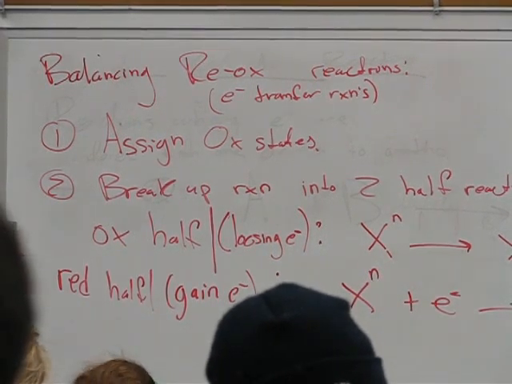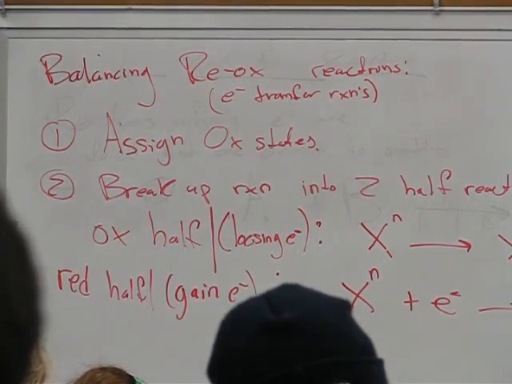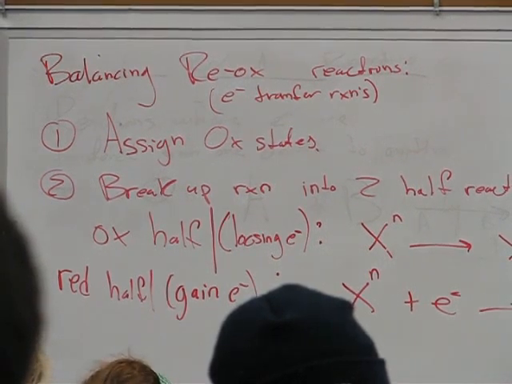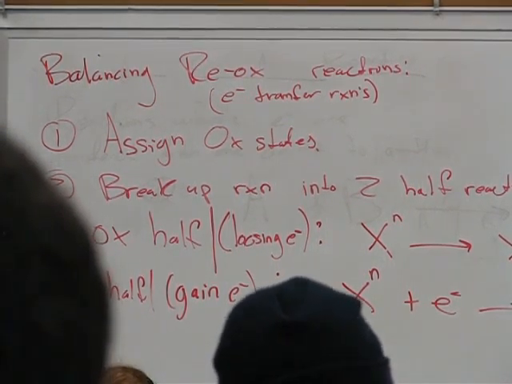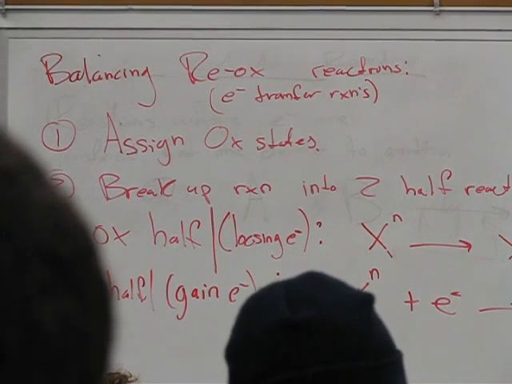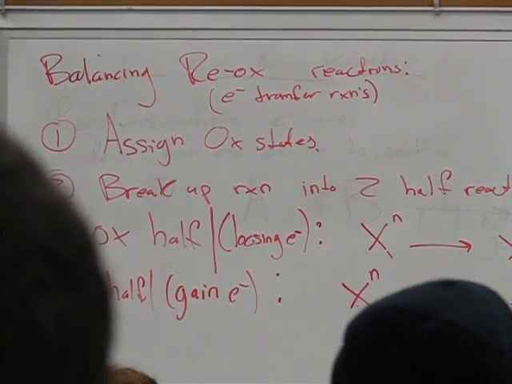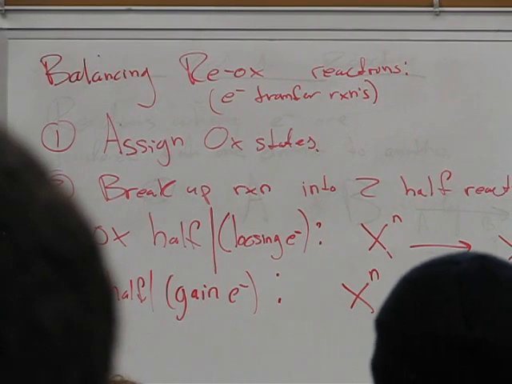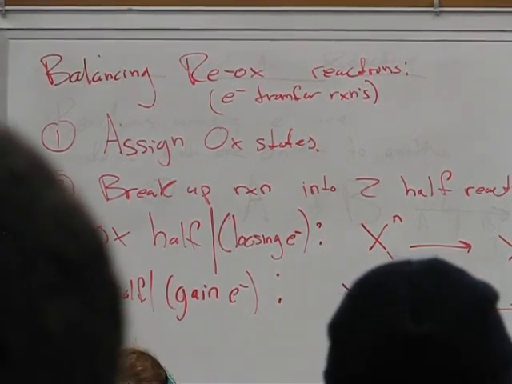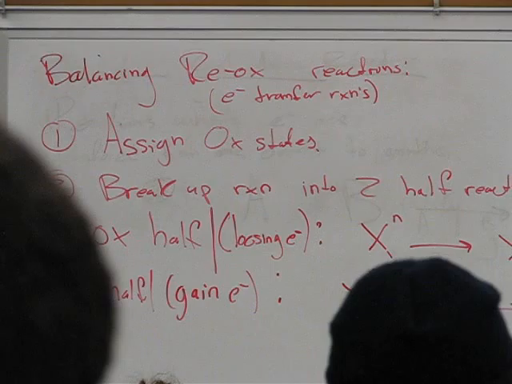We know that hydrogens are always +1, and since there are 3 of them, they contribute +3. Therefore, this must be a -3. So that's NH3. Great. H2O. Oxygen is always -2. Therefore,